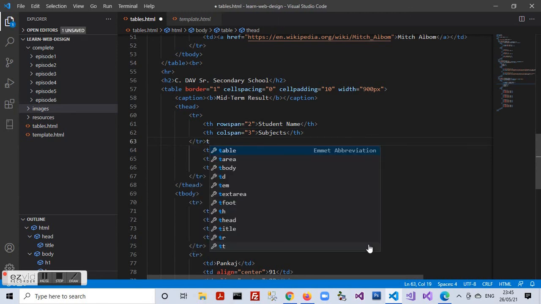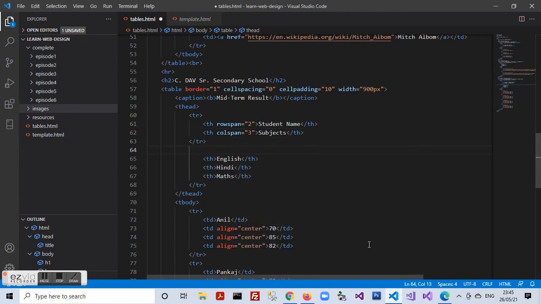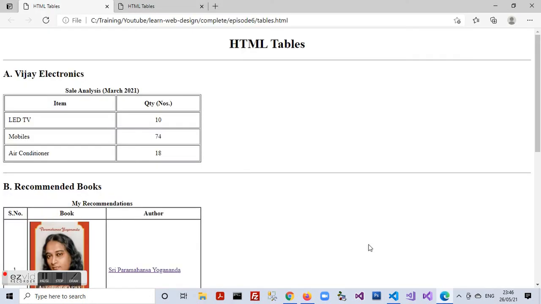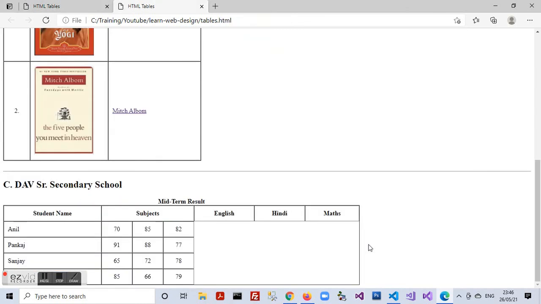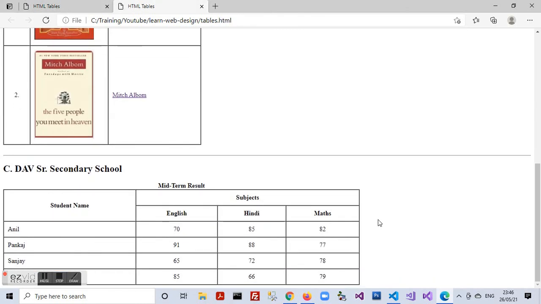Here we need to close the first row and we need to start the second row, which carries 3 TH elements with English, Hindi and Maths. So when we move on to the browser and we refresh this page, we see that we are having the required table with the student names and the midterm result marks of 3 subjects, English, Hindi and Maths.